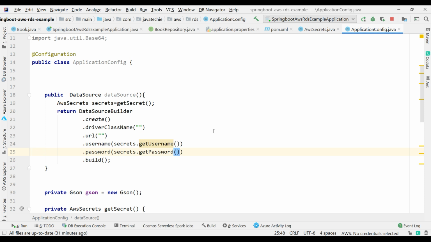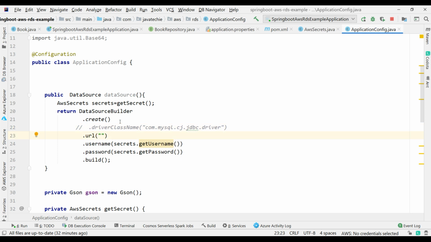Okay. Then what we can do, let's try the driver class name com dot mysql. I'm not sure whether we need to add this driver class name, because while creating the RDS itself we chose MySQL, right? So as of now let's comment this. If we find some exception then we'll add it. Okay, but let me write that cj dot jdbc dot Driver. Fine. So if we find any exception then we'll add this driver class name, otherwise we'll go with this URL itself.